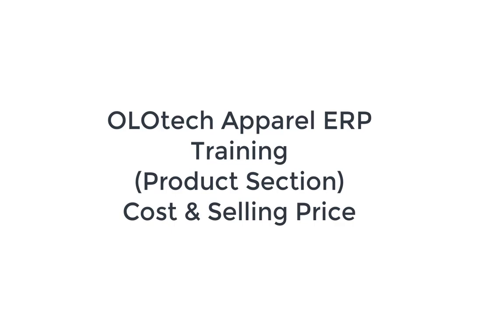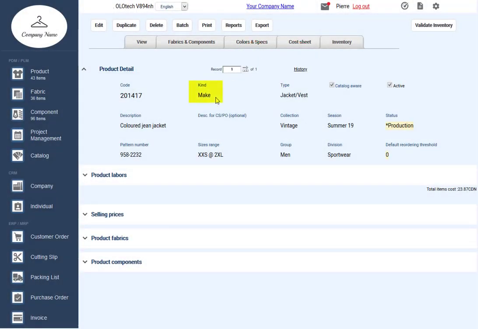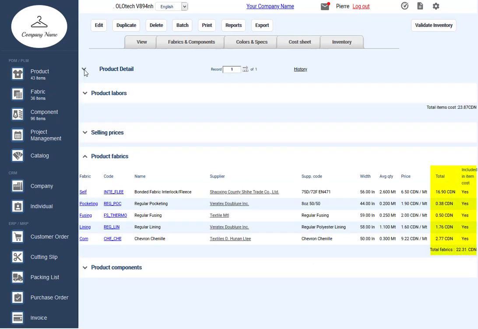Training cost and selling price, product section. To create new cost and selling price, we use the cost tab. For make product, we'll be interested in the total of fabric,